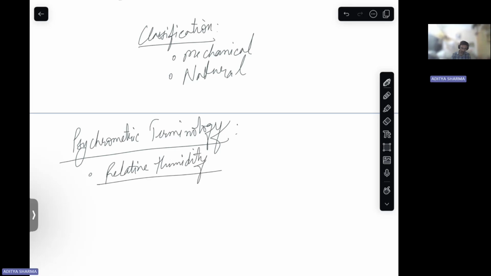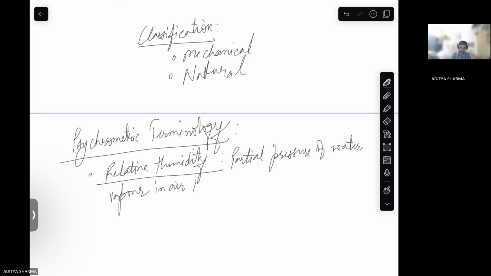So what is your relative humidity? This basically is the partial pressure of water vapor in air to the partial pressure, I'll write partial pressure as PP,